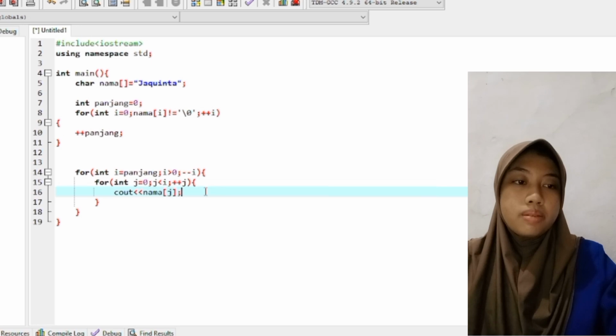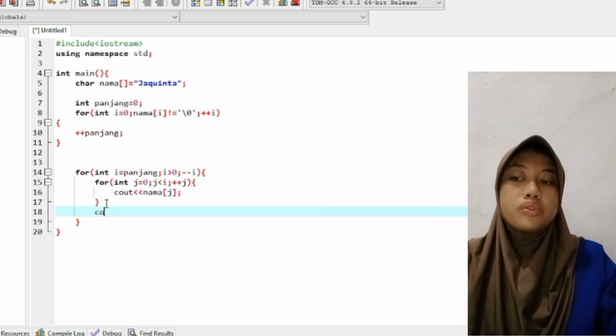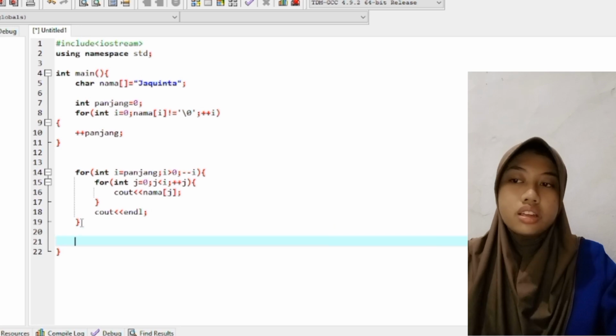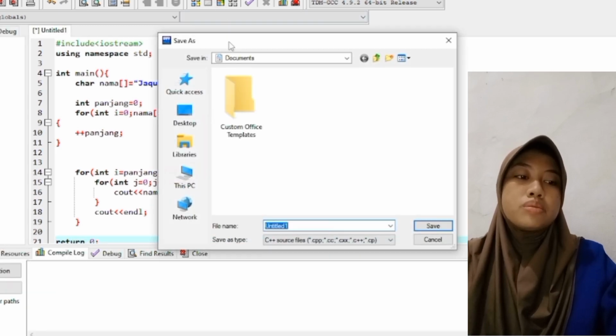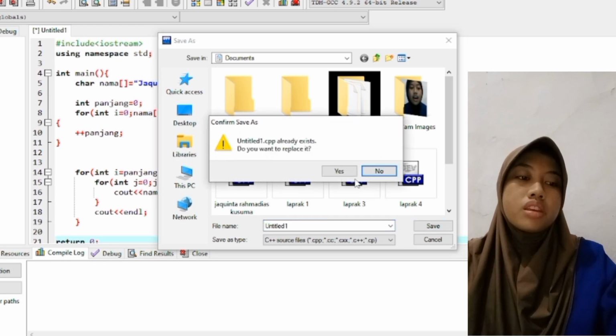And then cout name that will show output name, and then cout n. This is a standard output object in the C++ language that is used to print to the screen.